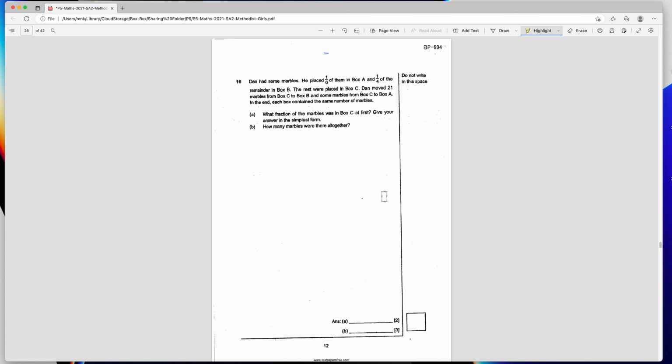So what I will see is this. Okay, maybe I guide you a little bit. So basically you have some marbles. How many? Do you know? Don't know. So you let it be. So this is what? Done, right? Yes. So done marbles. So maybe you can use D to represent, or you can use M to represent, because over here is marbles. So you want to use D to represent, or you want to use M to represent? M. Okay, so we just write down marbles,